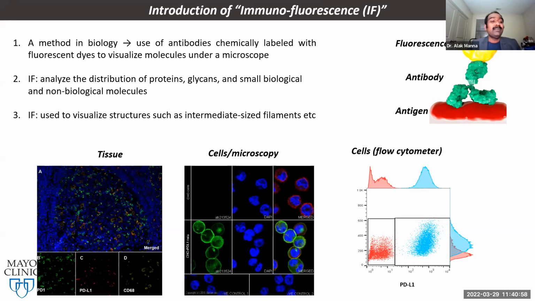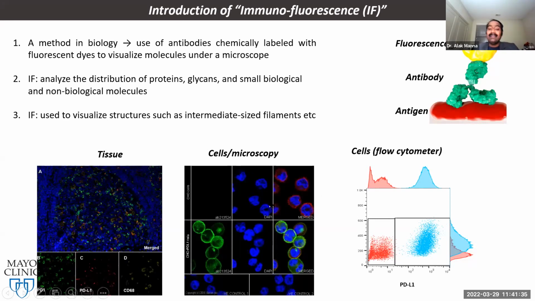Immunofluorescence is also used to visualize structures such as intermediate filaments and actin filaments. Nowadays it is a really useful tool for research. I'll put in some examples of how we work. This is a tissue where we identified PD-L1 expression and PD-1 expression along with the macrophages. These are tools to quantify protein expression on tissues,